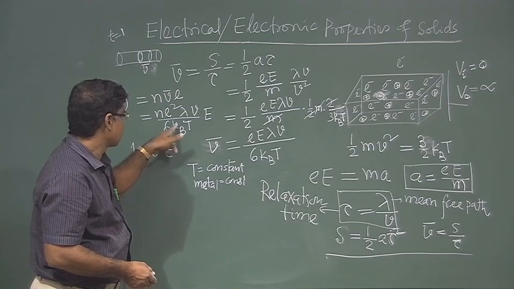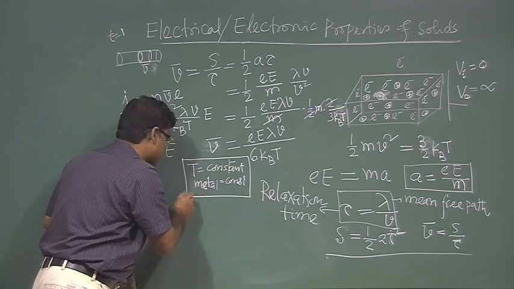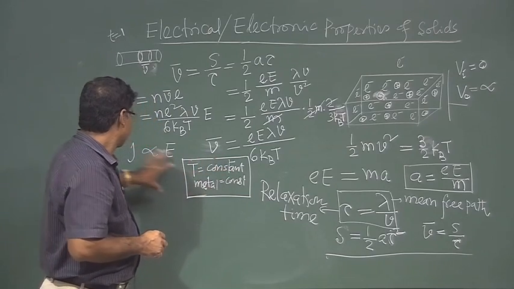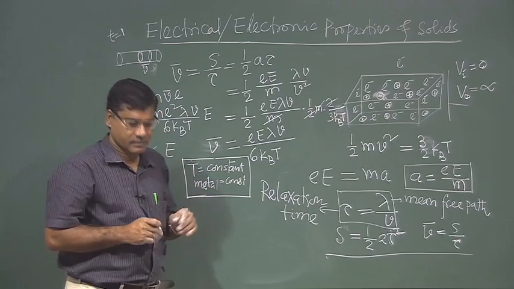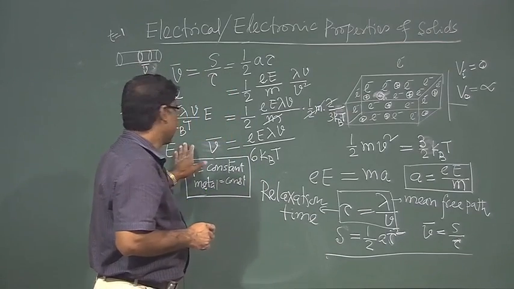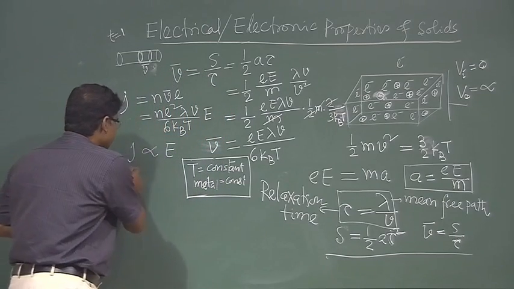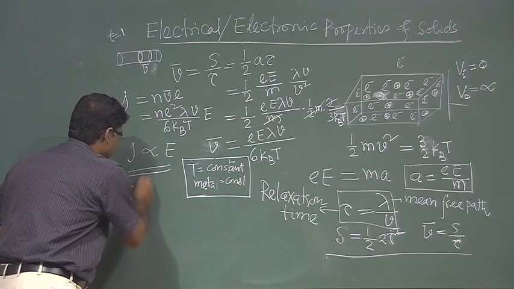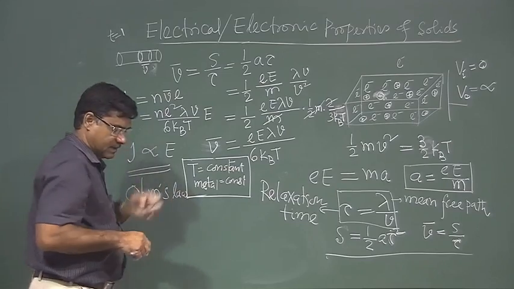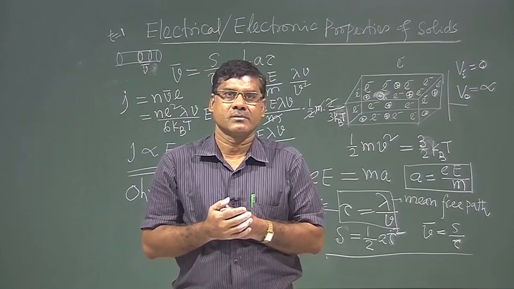So, these are constant. Under this condition, and this is very important, I emphasize this point, J is proportional to E: current density is proportional to electric field. This is nothing but Ohm's law. So, all metals obey Ohm's law,